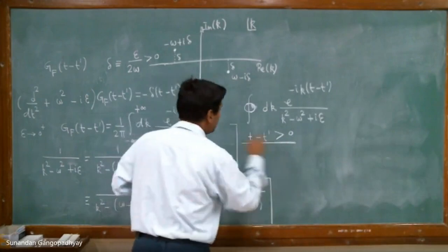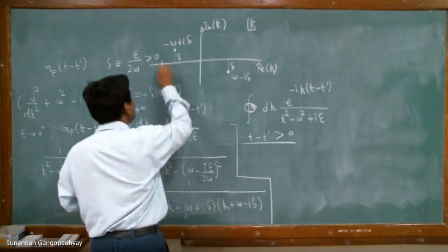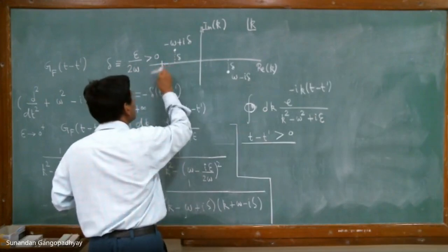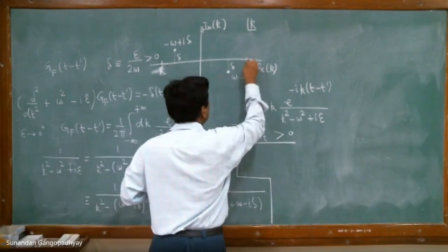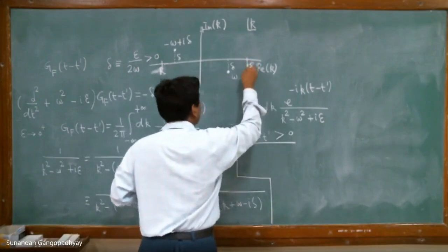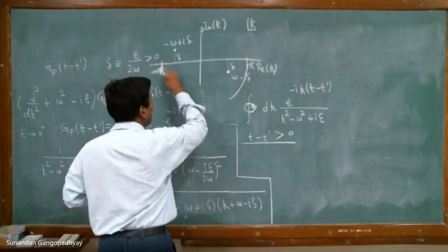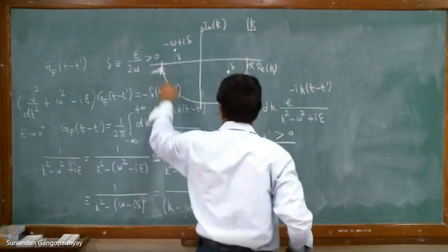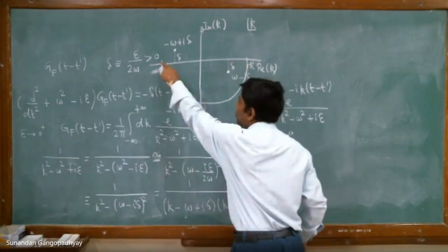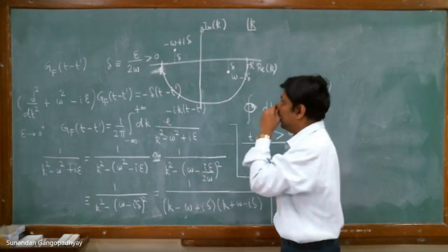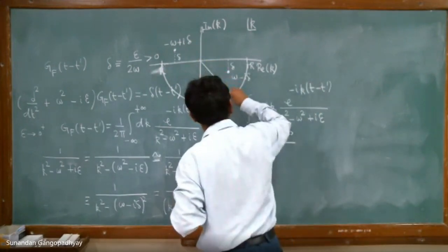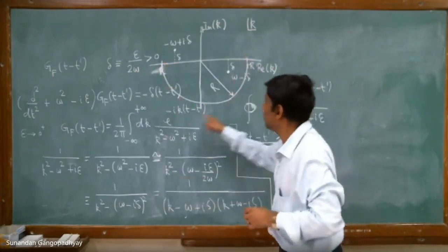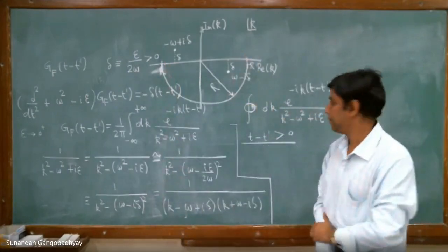So for this case, t minus t prime greater than 0, what I mean to say is that if this radius is minus r, suppose this is minus r, and this radius is plus r, and you close it like this. So this is a semicircle. It's not a nice figure, but just assume that this is a semicircle of radius r. So this radius is r, and you are moving along the contour, right? You are on this line, on this arc.